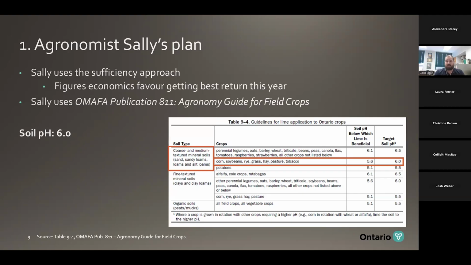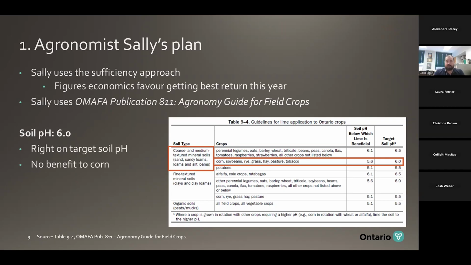In a lot of cases, a higher pH may be perfectly fine. And in a lot of Ontario, we're dealing with higher pHs to begin with. So it's really that target pH is more or less 6.0 and above to a certain degree. Once we get to a very high pH, it can start to tie up nutrients again. But just in the interest of time here, we're going to focus just on the scenario at hand. So in this case, Sally's looking at these guidelines for lime application.